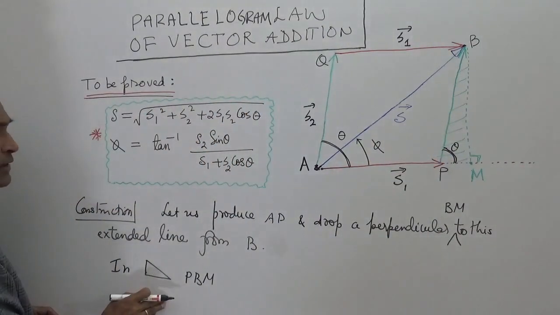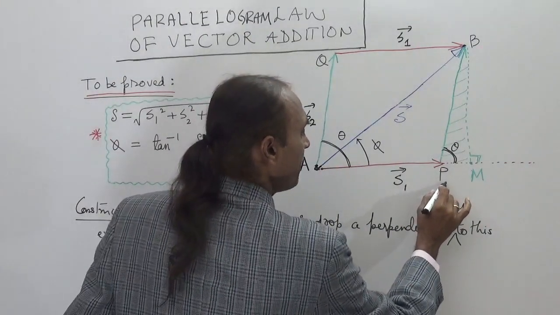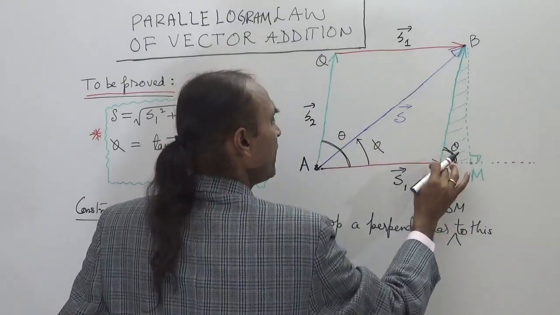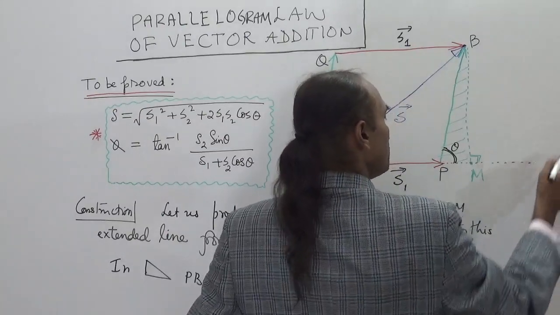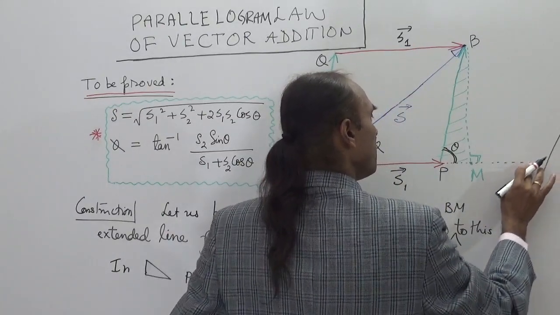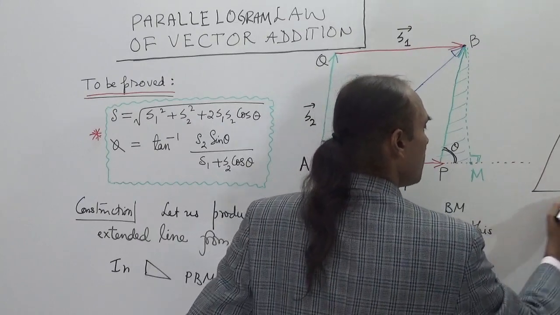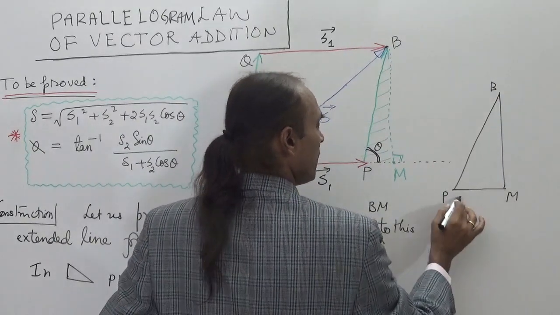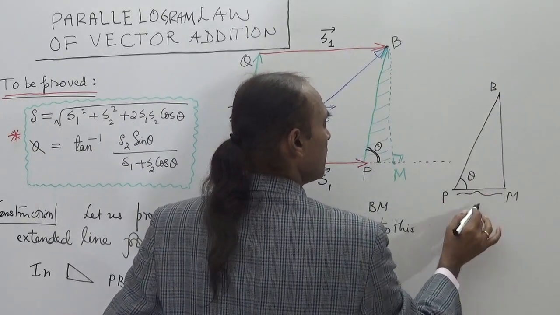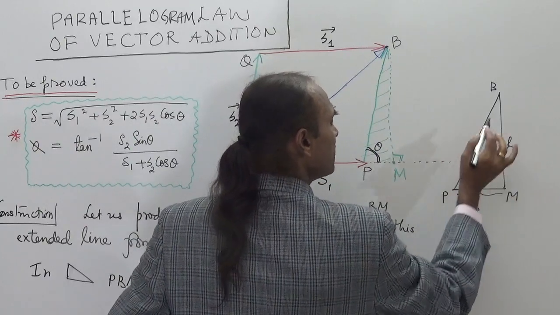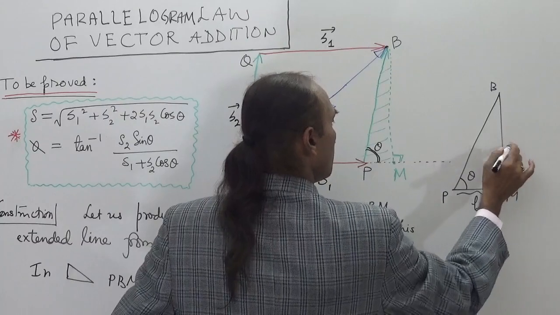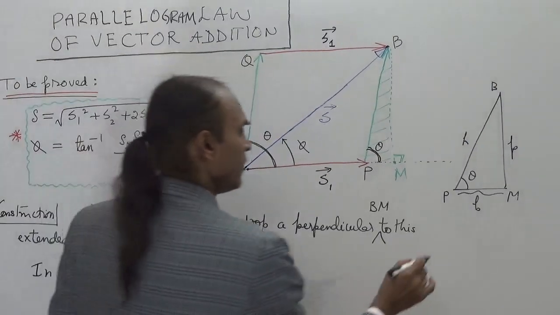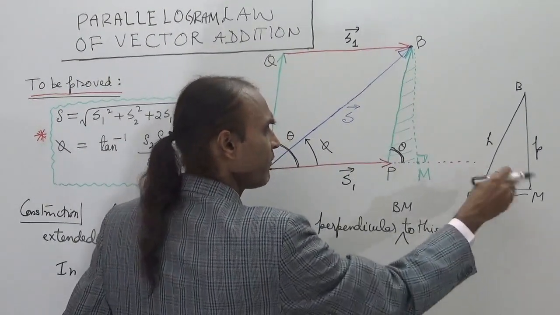So in this right angle triangle, PM is equal to PB cos theta. As you know, in any right angle triangle, let it be PMB. If this is the angle theta, this is the base, this is the height, the perpendicular, and this is the hypotenuse H. The simple trigonometry, the property of triangles, says that